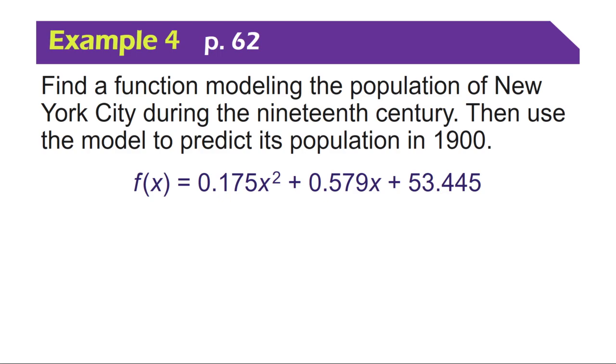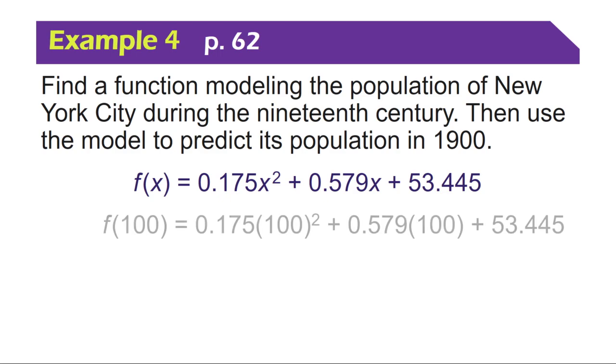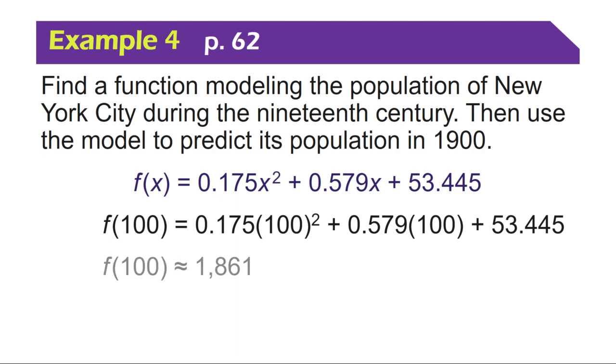So let's see. Now please remember though, that this equation uses values of x that are years after 1800 and gives population numbers that are already in thousands. Now since the calendar year is 1900, x is equal to 100. And when we calculate this, our result is about 1,861,000, which means the population of New York City is predicted by this equation to have been about 1,861,000 people. Now you might be surprised to know that the actual population of New York City in 1900 was about